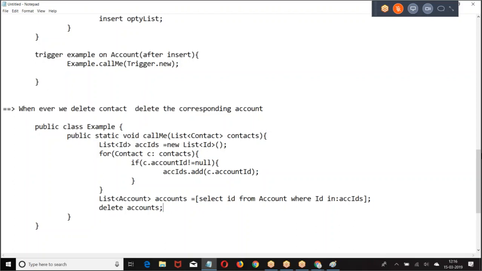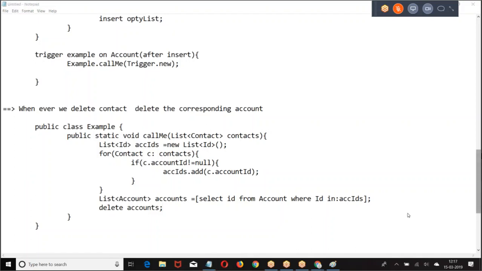I have given some use cases in the Excel sheet. You are supposed to implement them. Please implement the use cases which are given, then only you get the hands-on experience. I'm repeatedly saying it, do implement the exercises which are given in the Excel sheet. Otherwise, you will not get hands-on. I'll post 20 more triggers on the Facebook community by end of tomorrow. You start implementing those also, right? So that's all from my end.